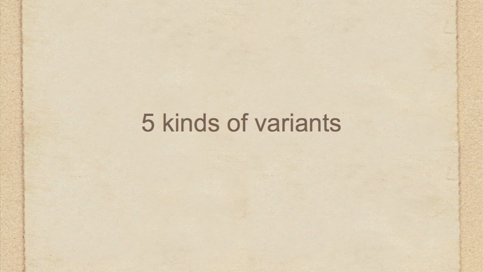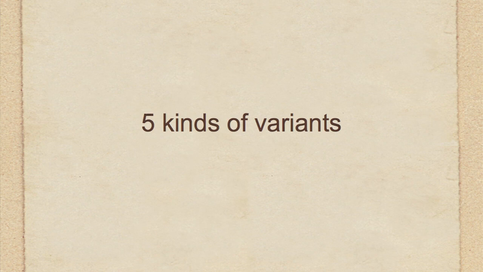difference. Now, what this does not count is capitalization or punctuation, because the ancient manuscripts would not have had a distinction between the capitalized words and the non-capitalized words, and they didn't use any punctuation. So as far as the original text is concerned, neither capitalization nor punctuation are important. However, what is important is the wording, the word order, and even the spelling of words, and those all count as textual variants. There are essentially 5 types of textual variants that scholars would recognize when it comes to the